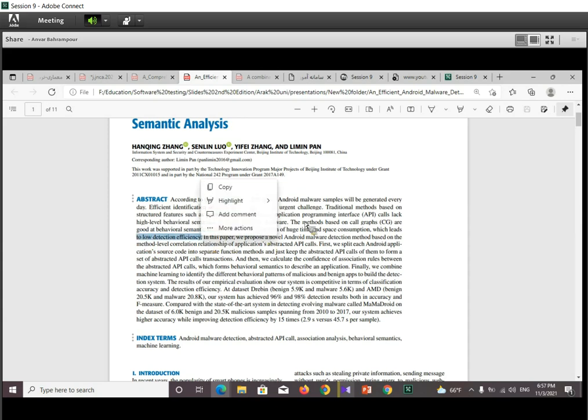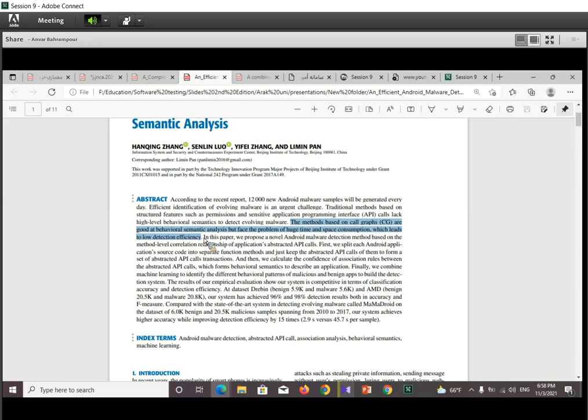This sentence says the use of call graph for detection of malwares is a good possibility, a good tool, a good analysis possibility. But the challenge of this tool is huge time and space computation. It has a very large time complexity, which leads to low detection efficiency.